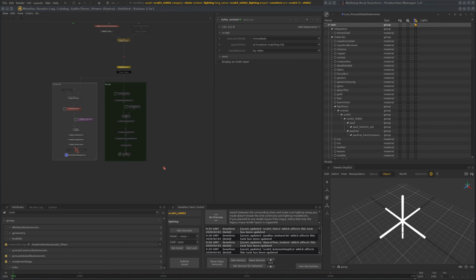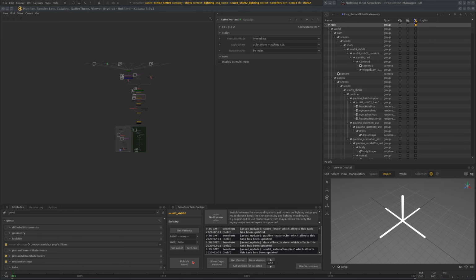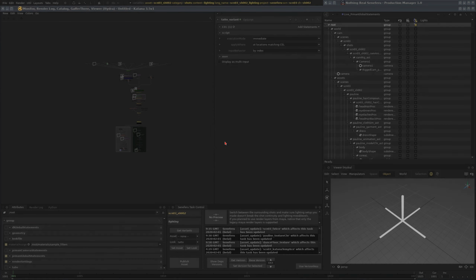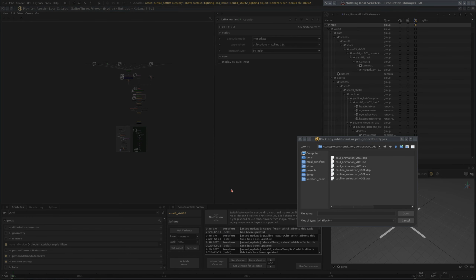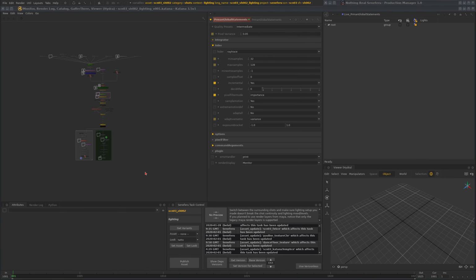So I will also submit this, or to publish it, confirm. If you said submit preview render, this is configured to actually render first, middle and last frame rather than rendering the whole sequence. So notice that Seneferu Production Manager is not just